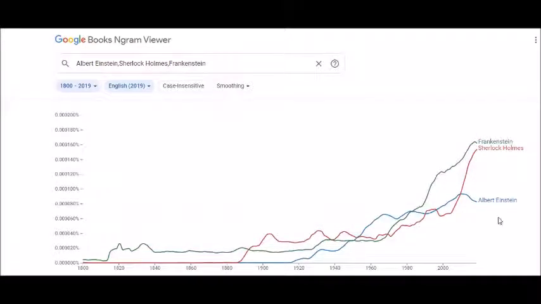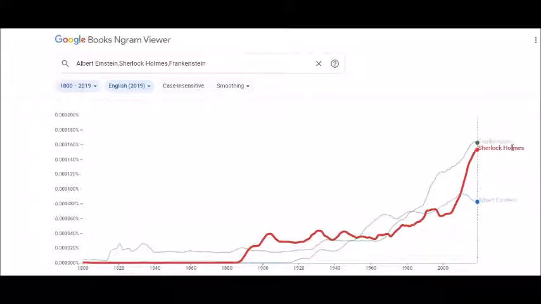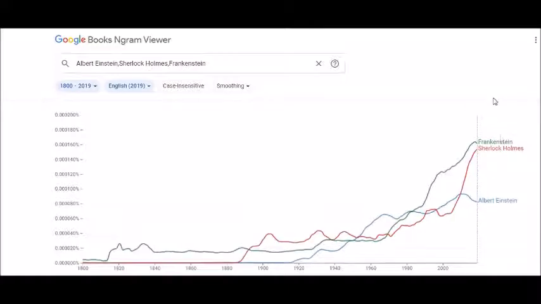I can extract the data and just see the percentages, how they have documented. They are in decimals, and then they are giving you the percentage, with years starting off from 1800, 1820, then 1840. Then you can carry forward, and you can see how the graph is working for Frankenstein or Sherlock Holmes, or let's say for Albert Einstein.